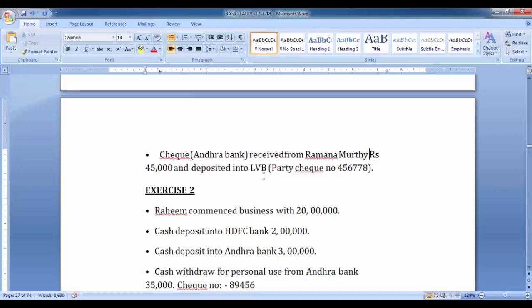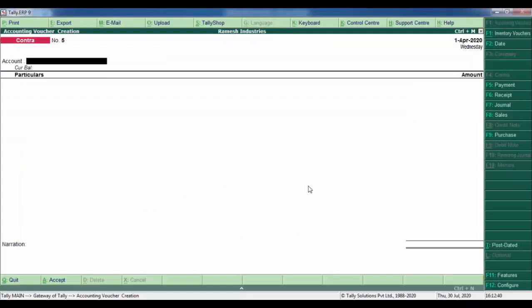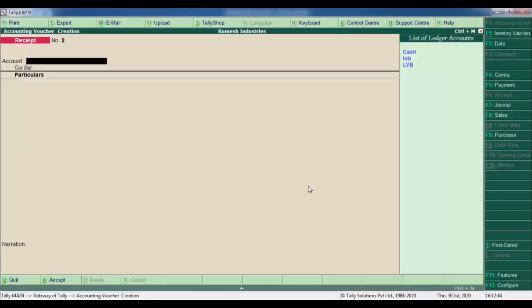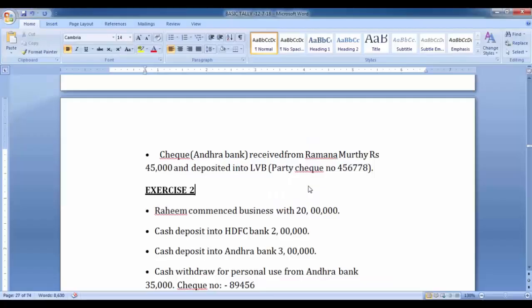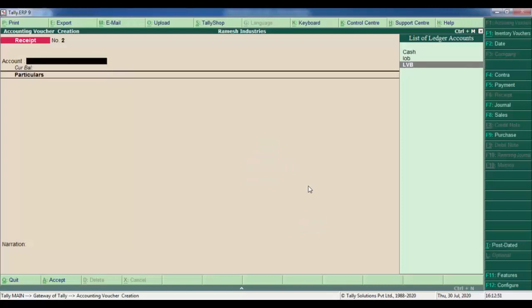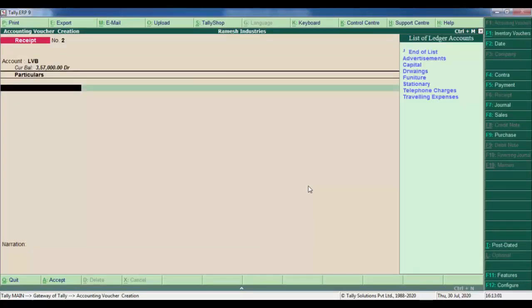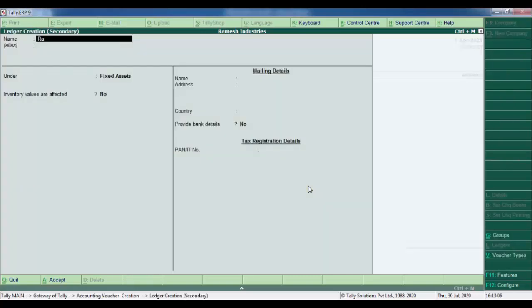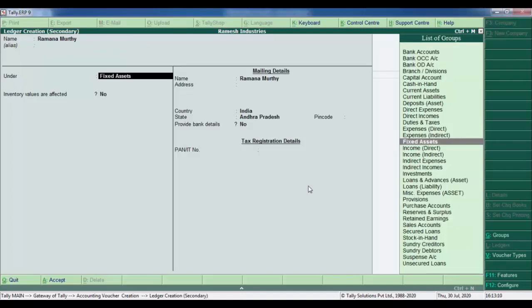Go to receipt voucher F6, select LVB, create a Ramanamurthy ledger under sundry debtor.